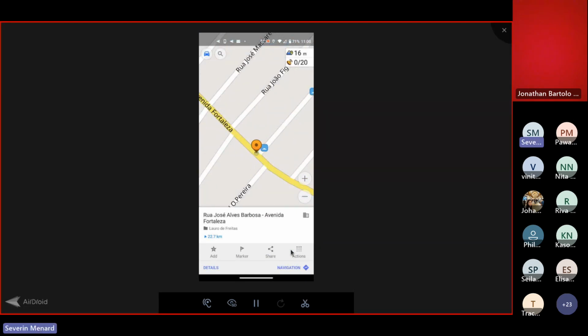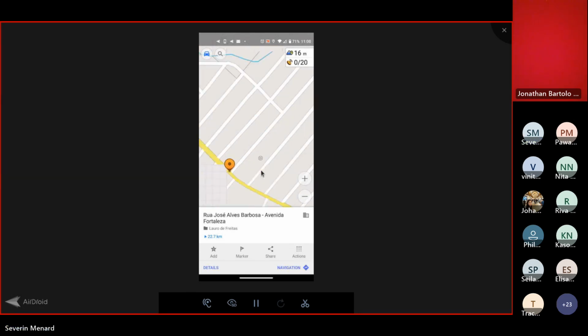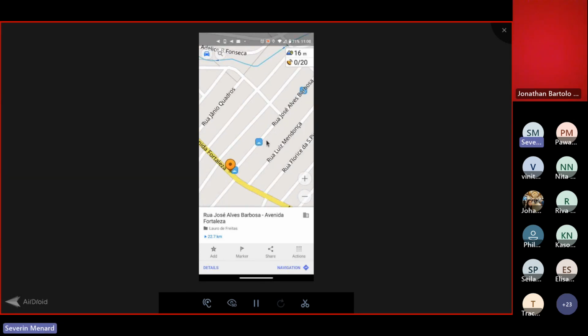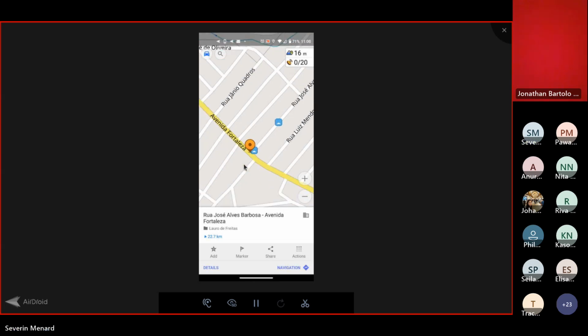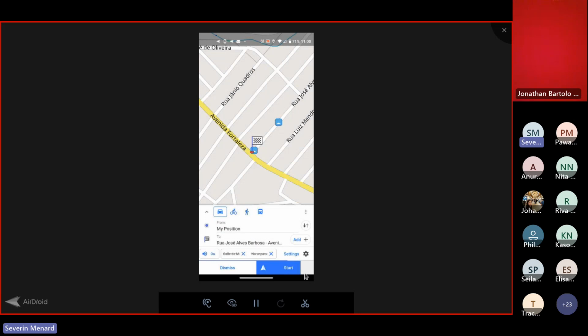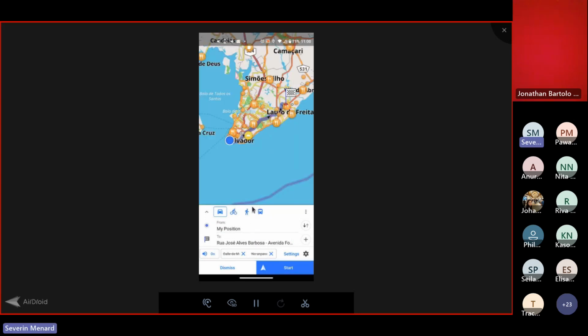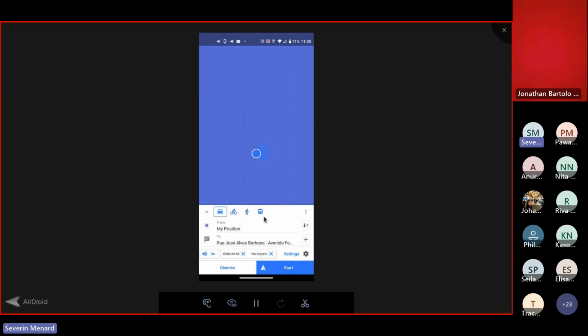So Fortaleza is the main one, and this is the one I choose. So I'm really at the intersection of it. And from there, I can obviously see if I want to navigate. I will be proposed by what means I want to do that. And if I start,